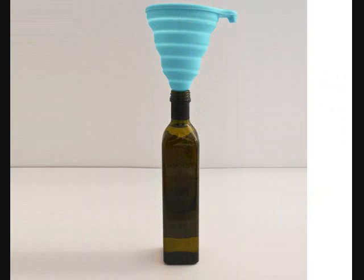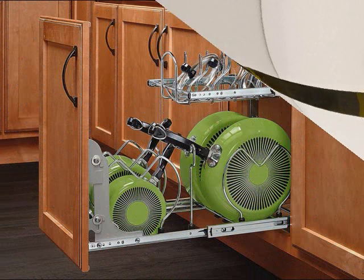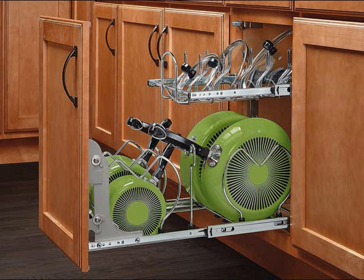7. A collapsible funnel. You likely don't use a funnel enough to justify how much space a non-collapsible version takes up in your drawers. 8. An easy-to-install organizational system for cookware. This one requires about 15 minutes more elbow work than most on here, but it's a great way to make the most out of deep cabinet spaces, especially if you have a lot of cookware you'd like to be able